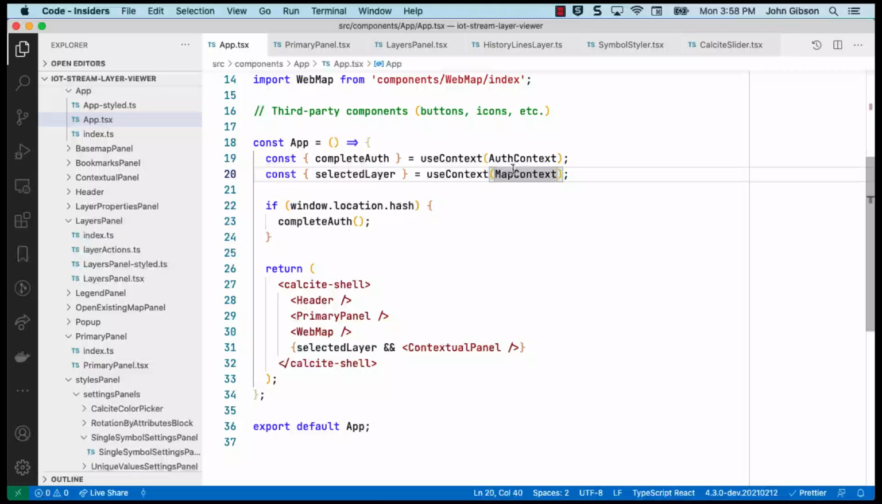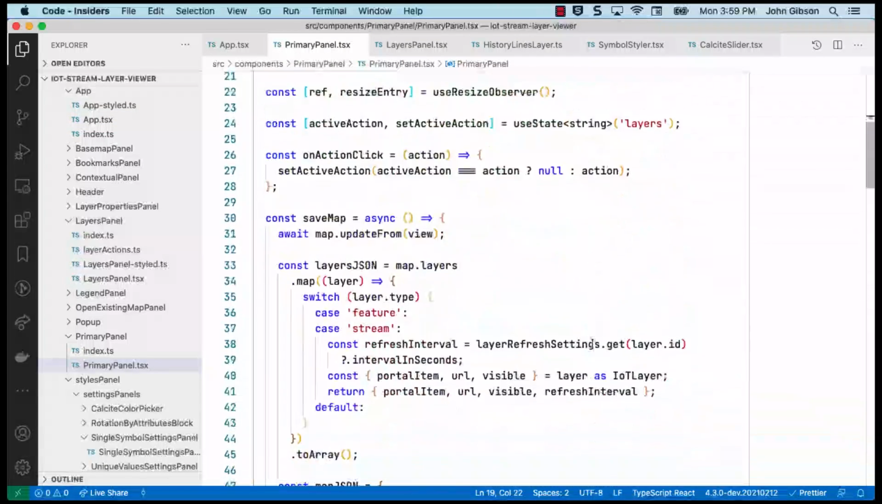We found it very useful to use a React context to be able to store many of the objects from the JavaScript API that we're frequently working with, such as the map and the map view. So if we take a look at this primary panel component,